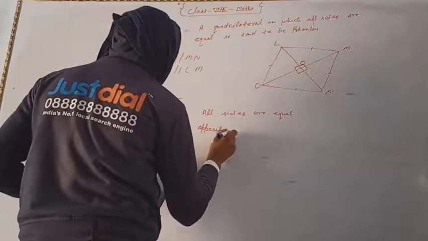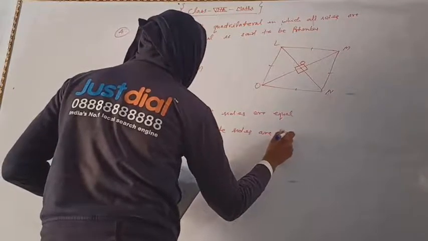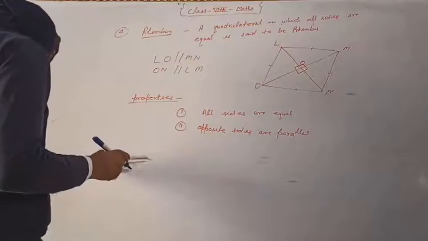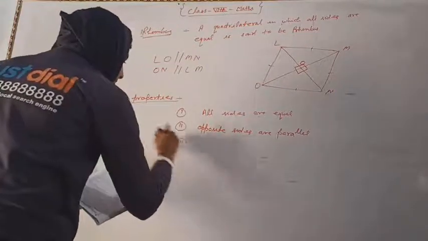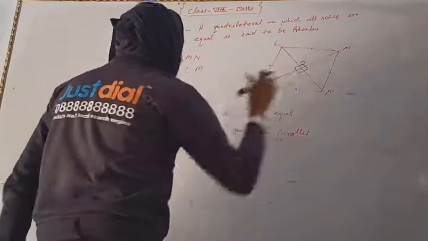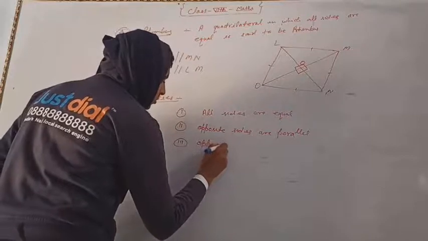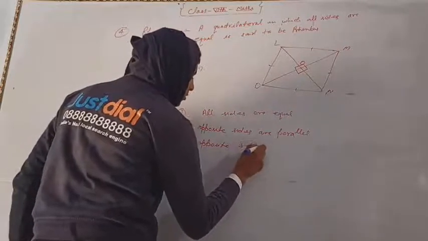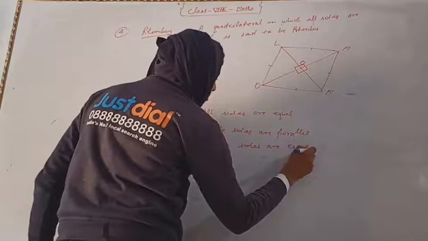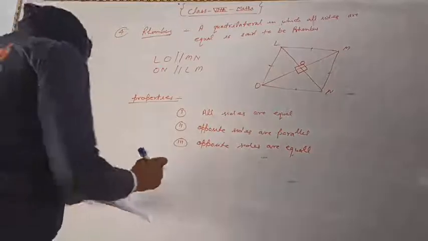Okay. Third point, opposite sides are equal. Opposite sides are equal. In fourth,